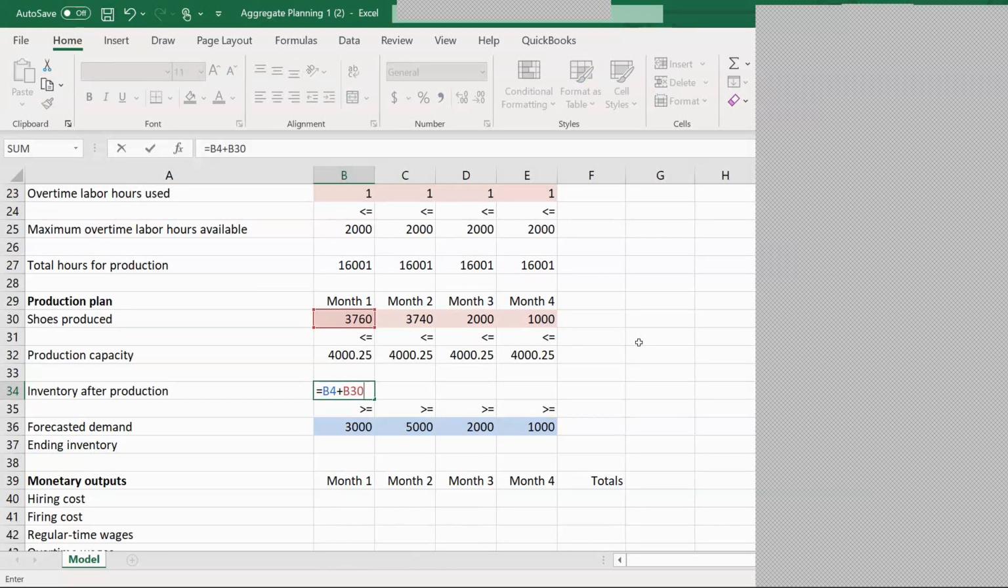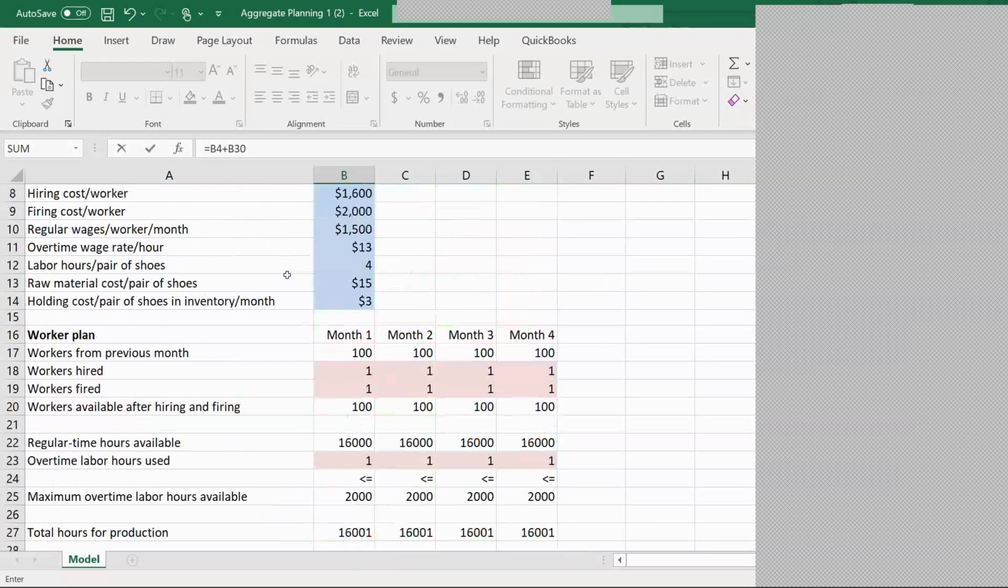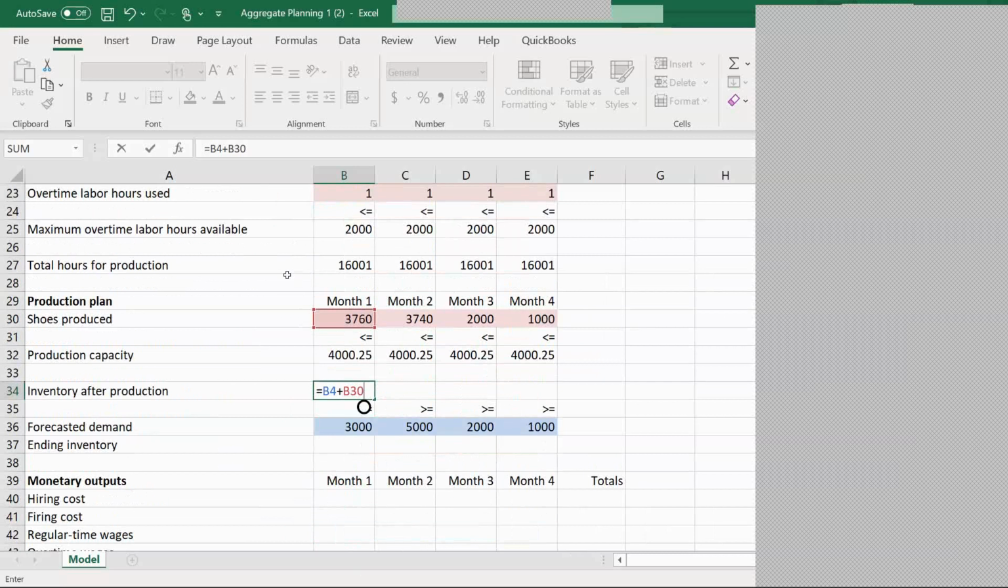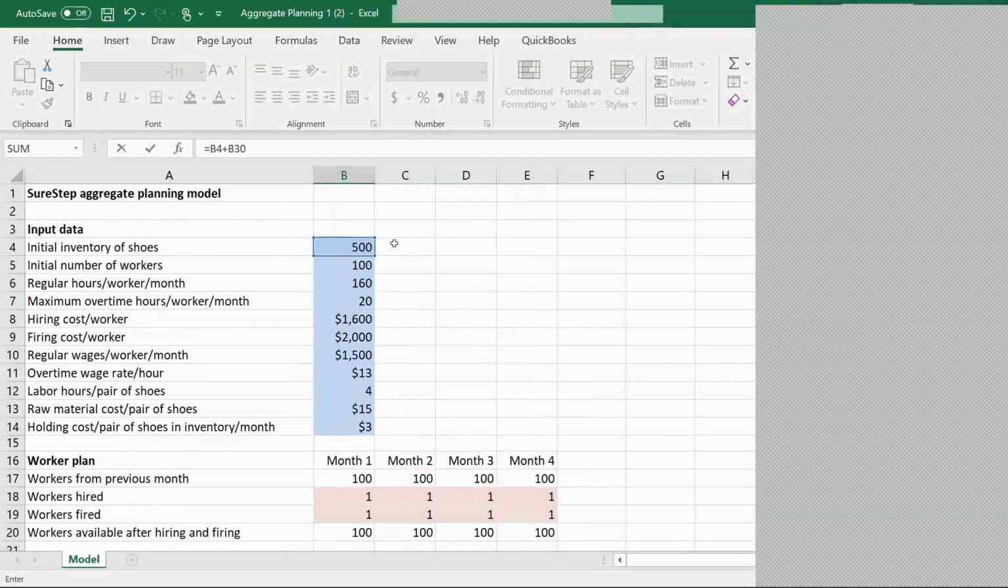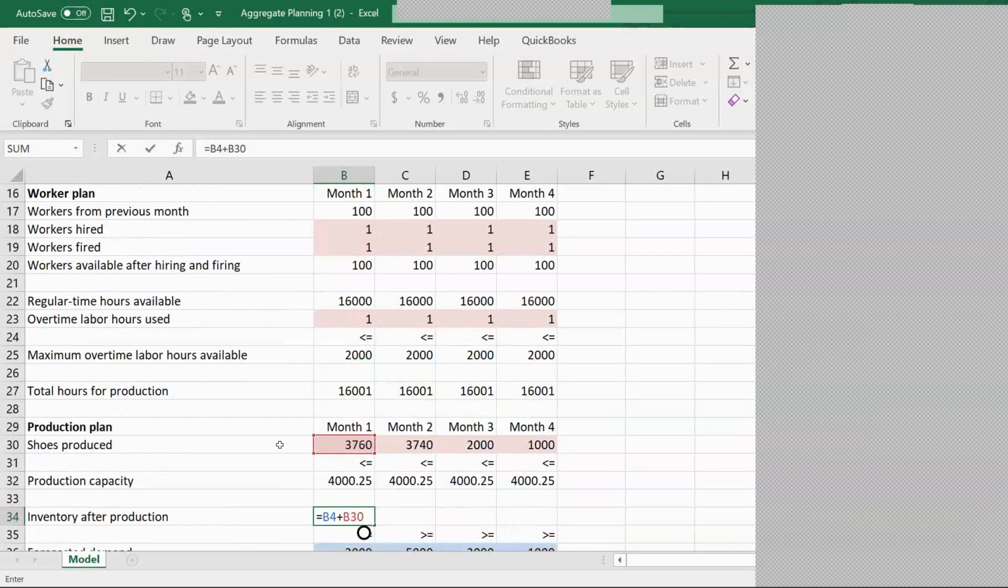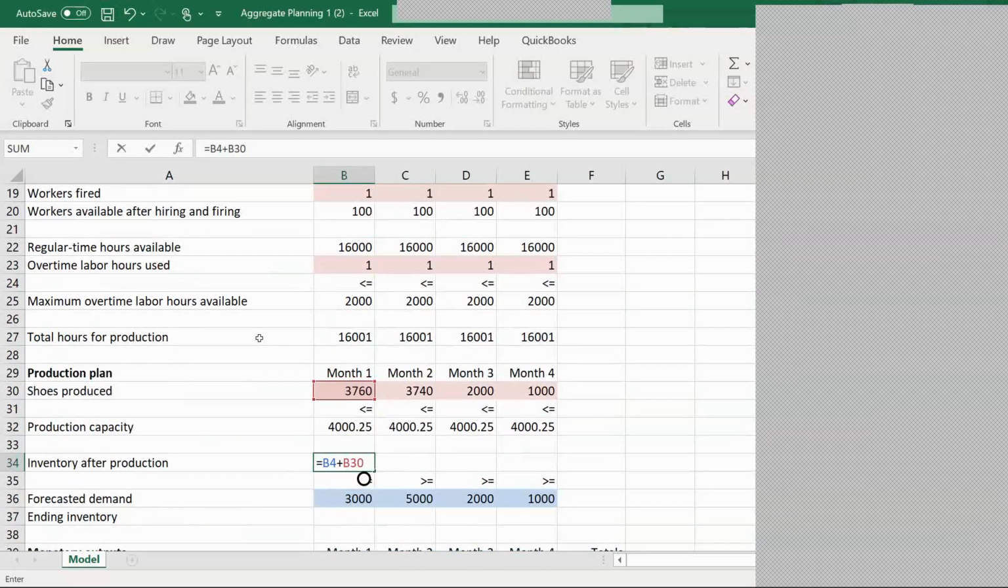And so inventory after production is just how many shoes we produce plus what we start with. So the first month we start with 500 and then we produce that many. So the first month is how many we start with plus how many we produce, which for now is 4260. But in the next month,